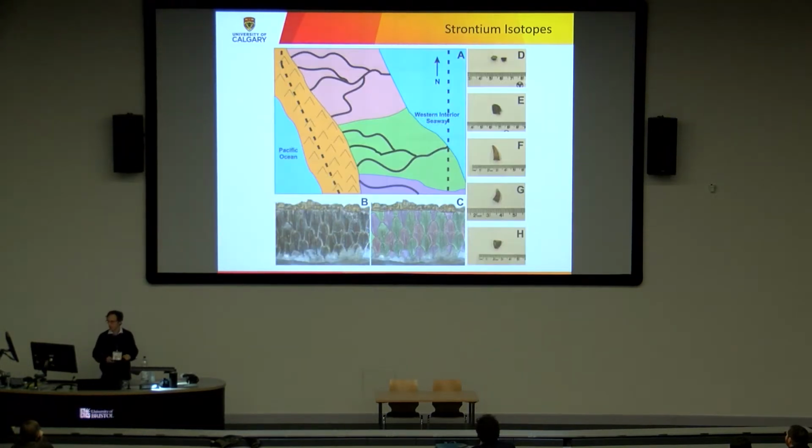So here I've created a very hypothetical, very simplified model for what Alberta might have been like with 3 hypothesized strontium isotope regions. And the idea is that if you have a hadrosaur that's migrating north-south, it'll pass through all 3 of those regions, and you should be able to see isotope data in its teeth belonging to each